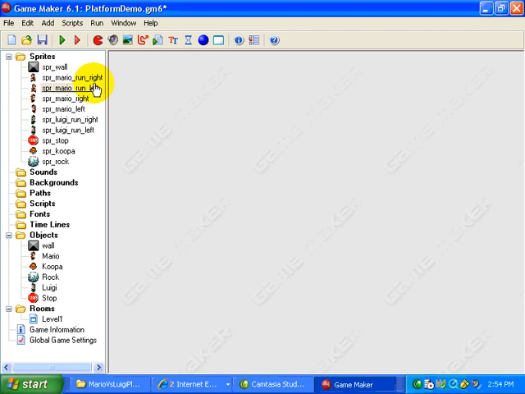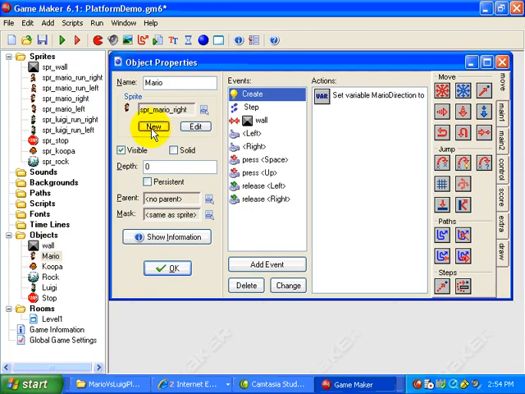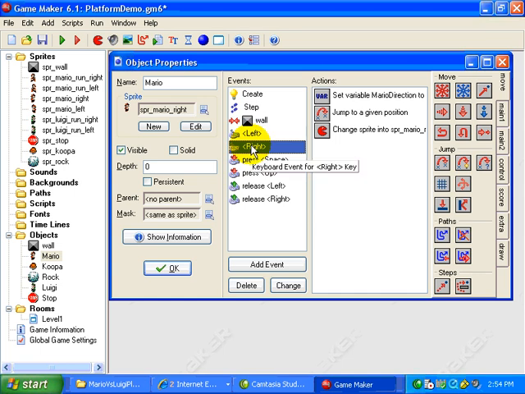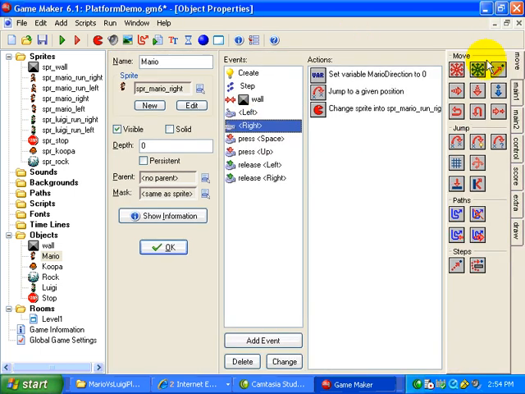So I have 4 sprites for Mario: standing right, standing left, running right, and running left. Obviously, when the game starts up, Mario is associated with Mario standing right. That's the initial sprite that's associated with Mario. Now, if I press the right key, the essential thing here is that, first of all,